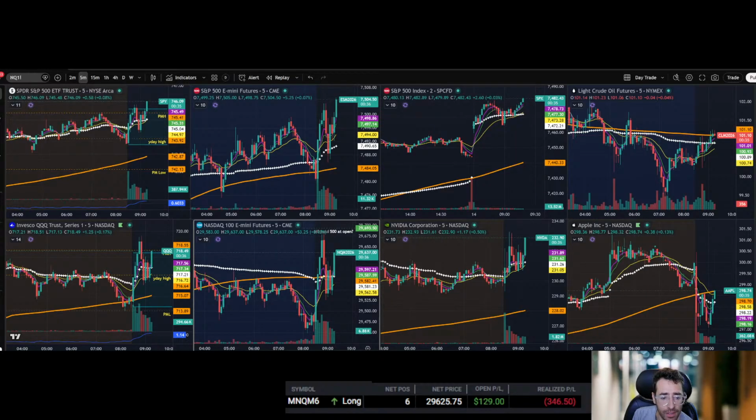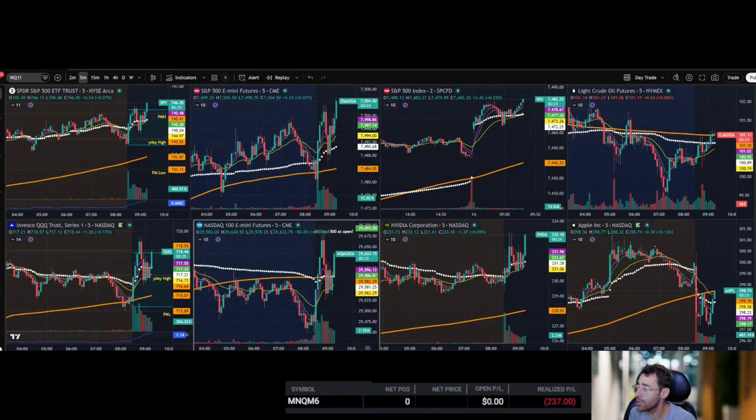I'm gonna take a decent amount off just because the candle's closing and I'm also red on the day, and I want to have a good green trade. So yeah, I full sold the position. I just want to take down my red a little bit, put myself in a decent mindset that I took a green trade. That's really what matters. Fuck, the mindset is what matters more than the money right now.